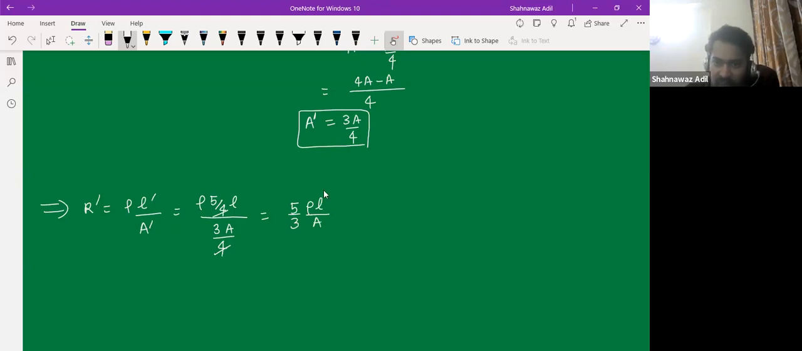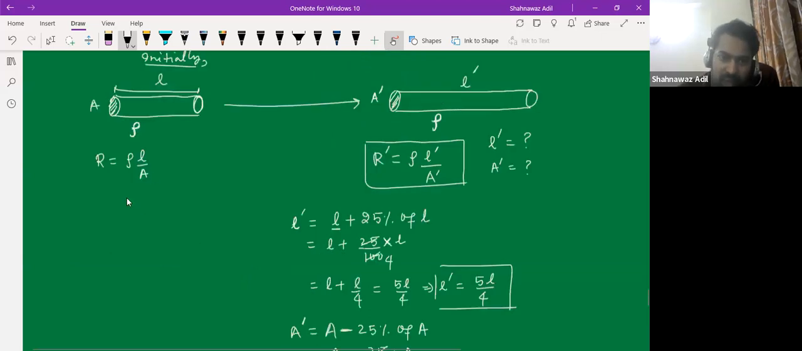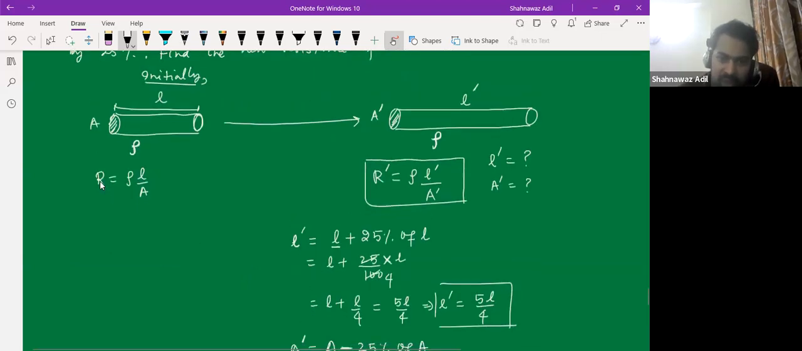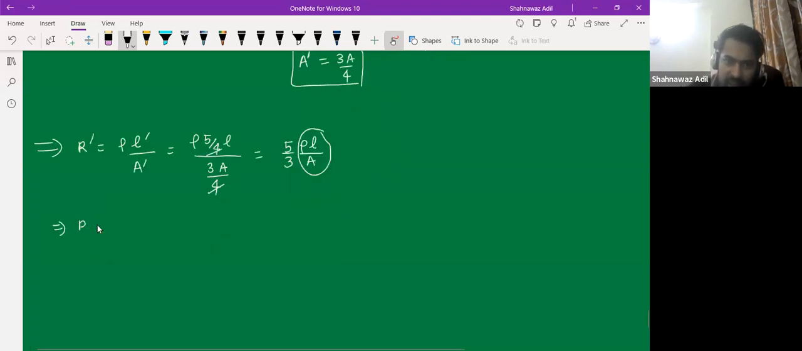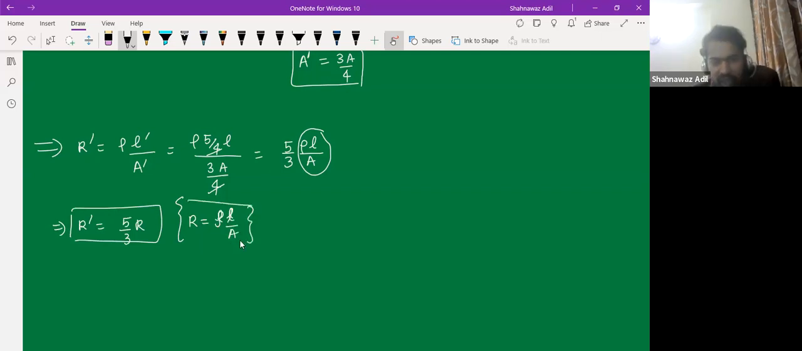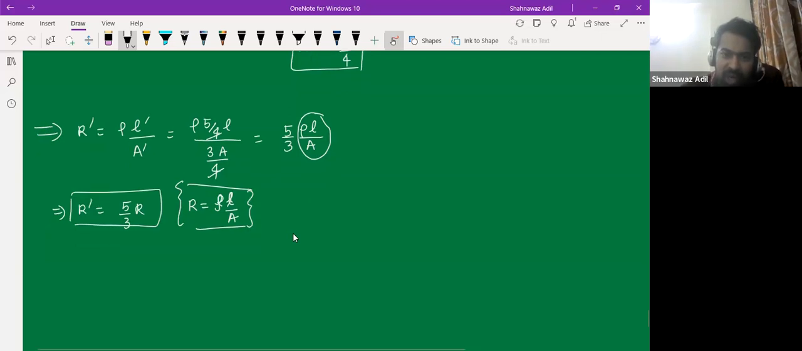So what is rho L by A? If we look back at the question, rho L by A is the original resistance, right? So R prime would be 5 by 3 R, because R is the old rho L by A. And if somebody wants to calculate the percentage increase or decrease,